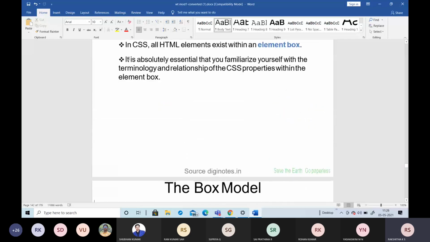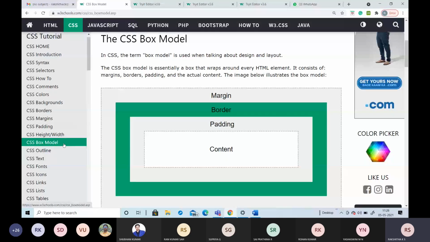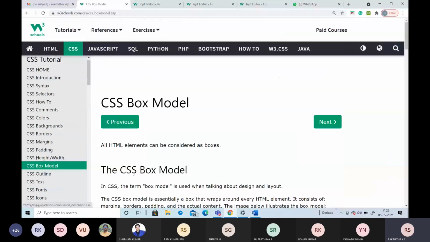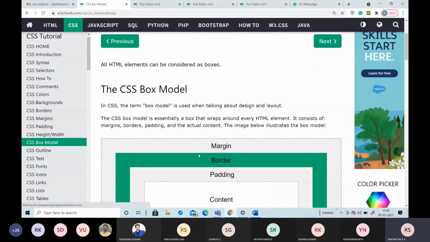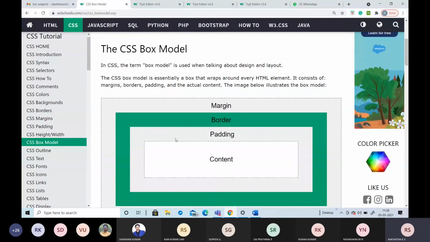So what is this box model? Before we go to the box model, just look here, box model. This term, the box model, is used when talking about design and layout. In CSS, when we talk about designing the background or designing the layout, we move towards the CSS box. Here it mainly contains a box that looks like